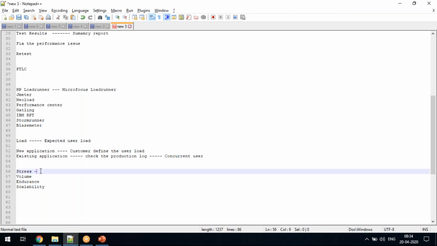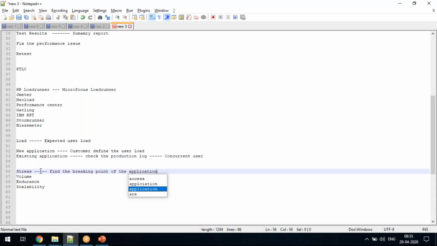Stress testing is nothing but finding the breaking point of the application. So what will I do? I will keep on increasing my application load. At one particular point of time, my application will crash.